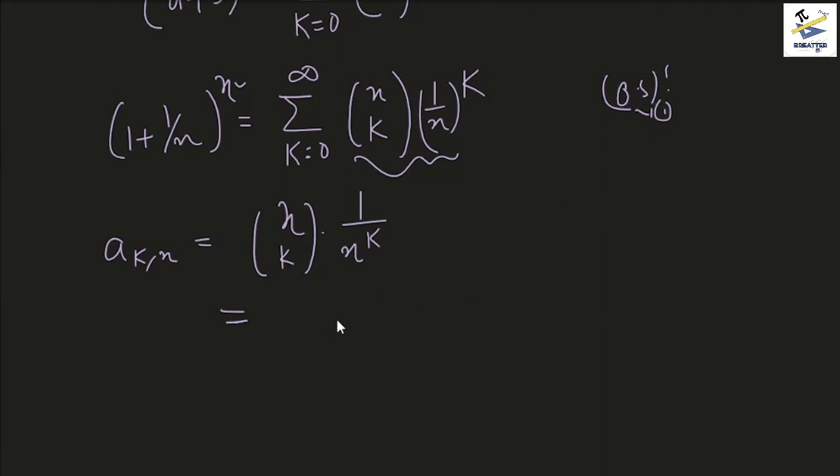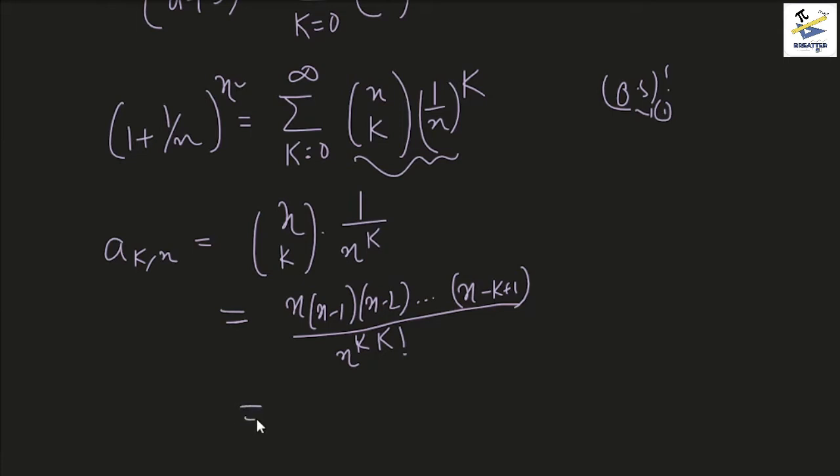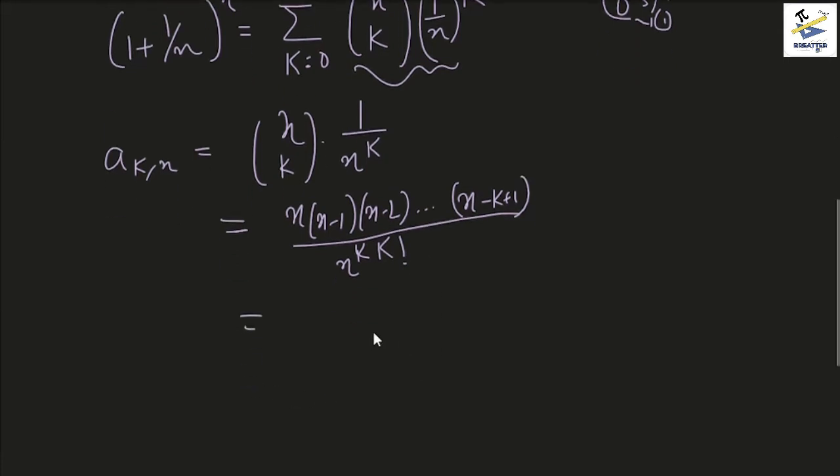Okay, so what makes sense is this: xCk can be written as x into x minus 1 into x minus 2 and all the way up to x minus k plus 1, divided by k factorial. This is the expression, and you have an x to the power k extra in the denominator, which gives us the expression for this. And we are literally trying to find the limit of this expression right here, right? So one of the x's can be cut off, obviously, and what we do get is this: